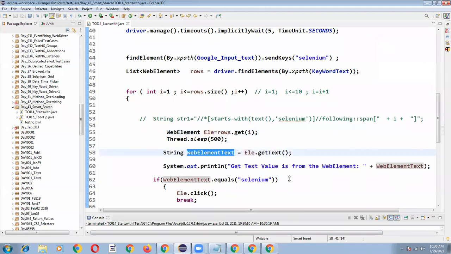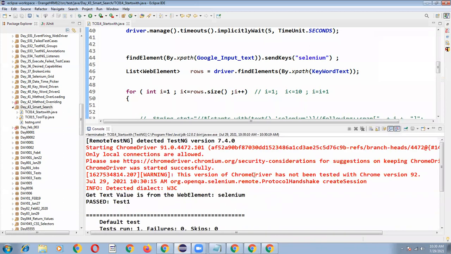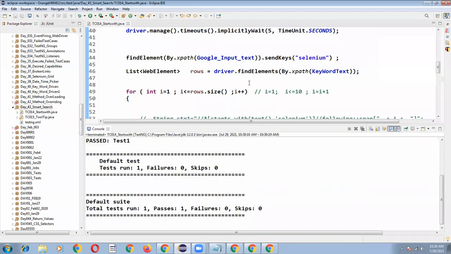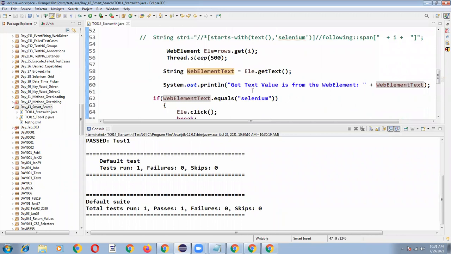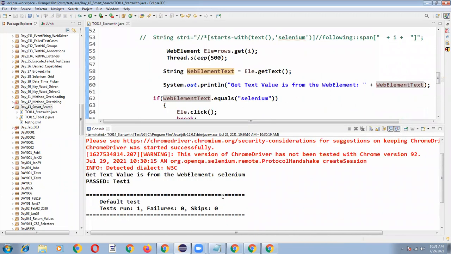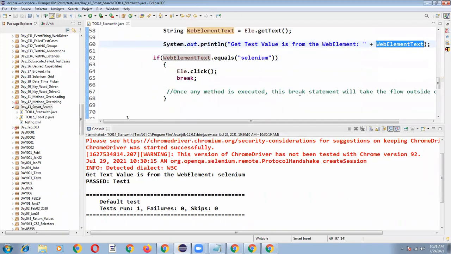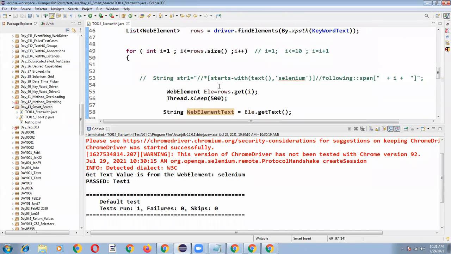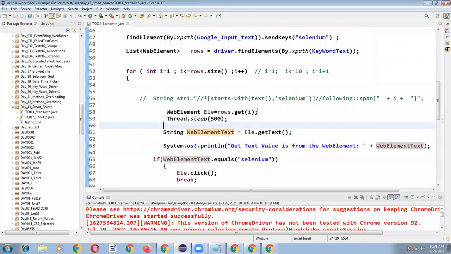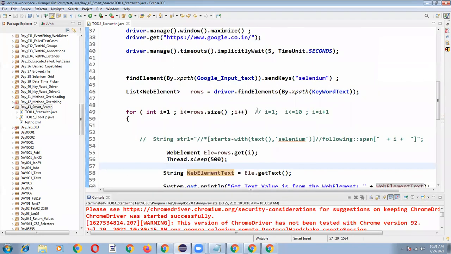So let me go and check in the console what is coming. Okay, the web element text value is coming and it is printing. So that's it. Understood, right, everyone, how to handle this smart search.